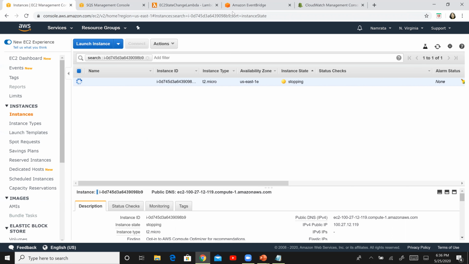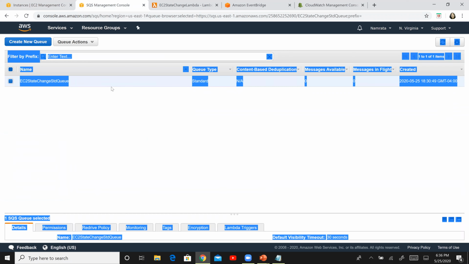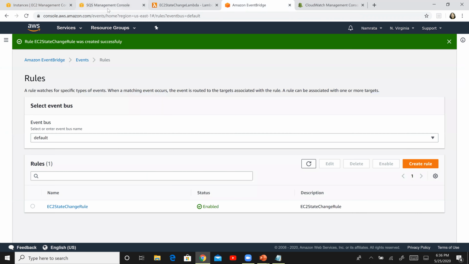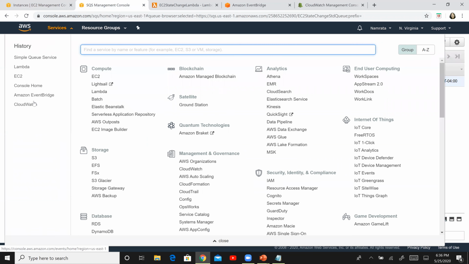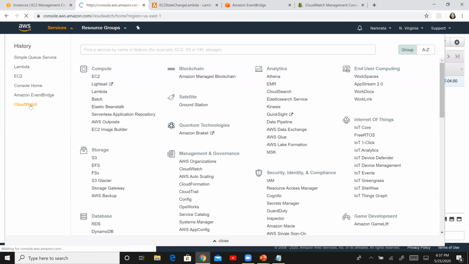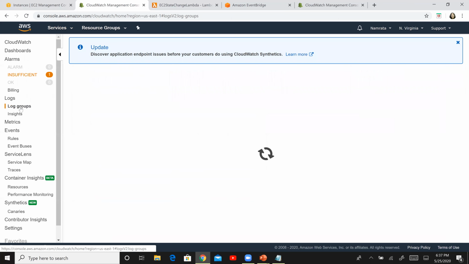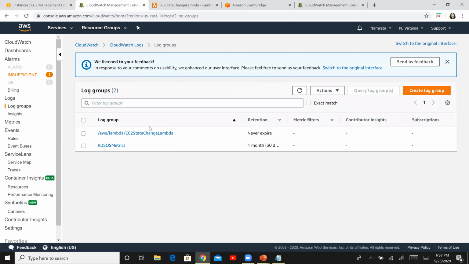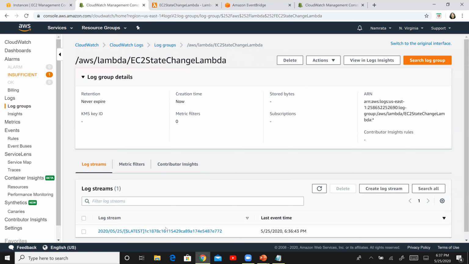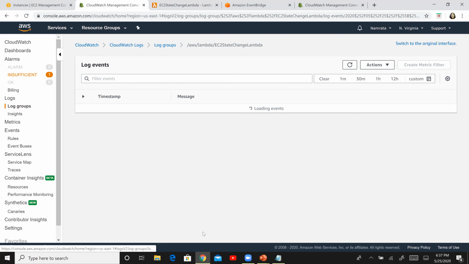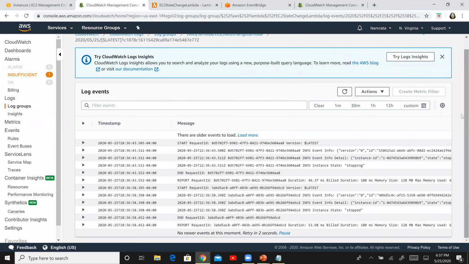So how can we test that and also send our message in SQS, right? So this is our SQS queue right here. And let us go ahead and also check our CloudWatch. So click on CloudWatch. So it's coming up. If you go to log groups, you should see a log group over here. That's right there. Select your log group. And here it is, the log stream is there. Okay, and we should have something over here.